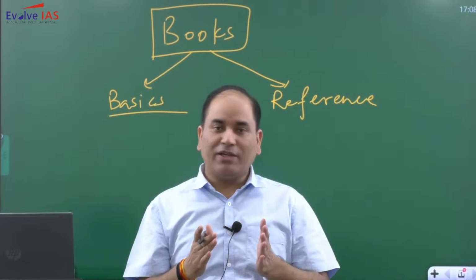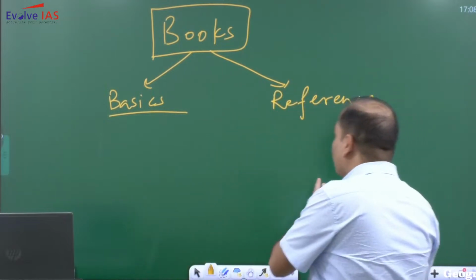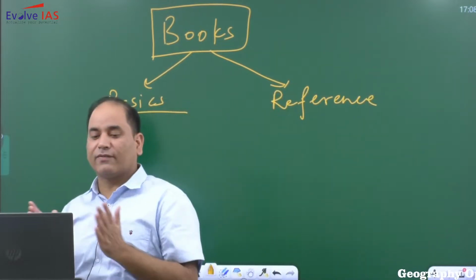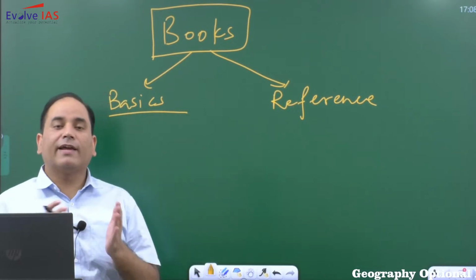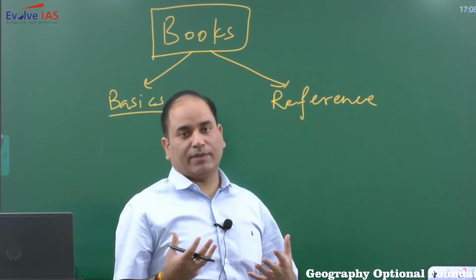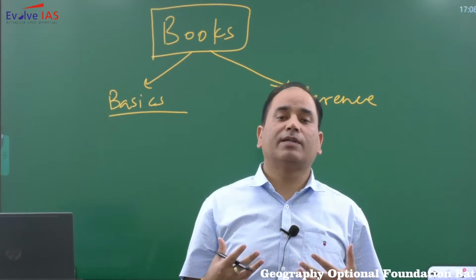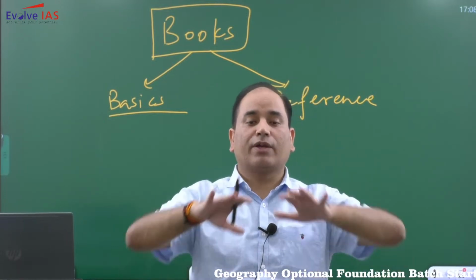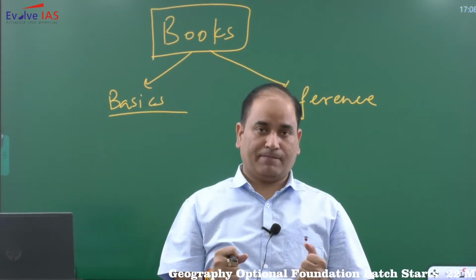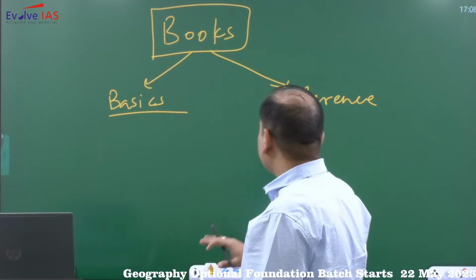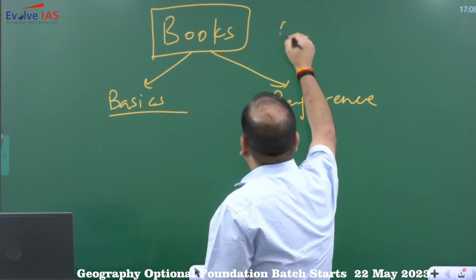You need to have the right expectation. That is why you need to segregate the books into two categories, that is basic books and reference books. Basic books will give you the feel of the subject. You will start understanding, okay, what is the boundary line of the subject? Because as far as optional is concerned,